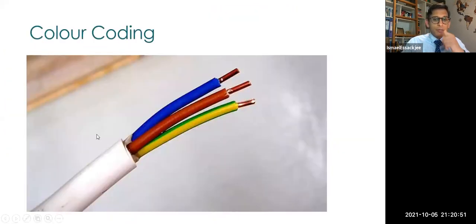Next is color coding. You need to be aware of color coding. For what we have in Mauritius, in some installations, in some apparatus, you can have the red and black. Red is for live, black is for neutral. And then it's always true for the ground, which is yellowish and greenish, yellow-green. But for installation, the blue is neutral, the brown is for the live.